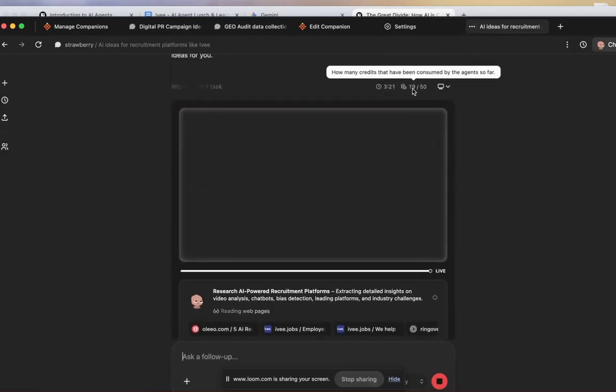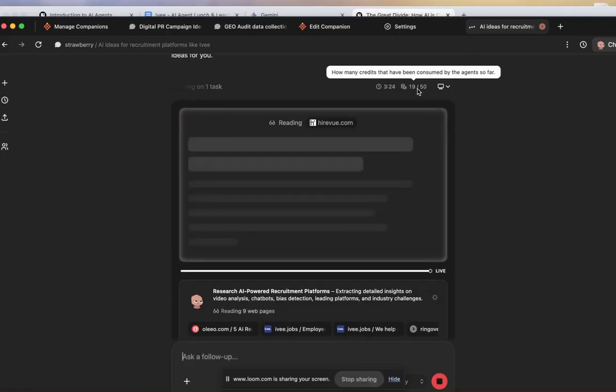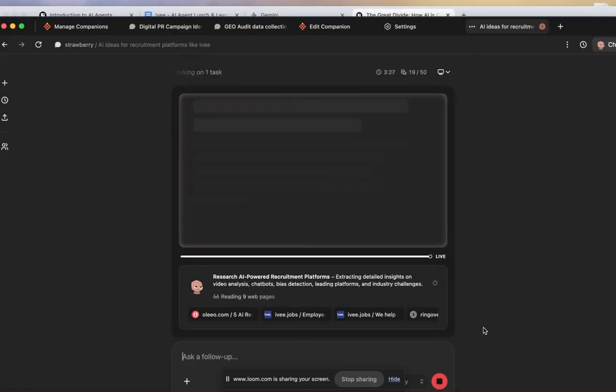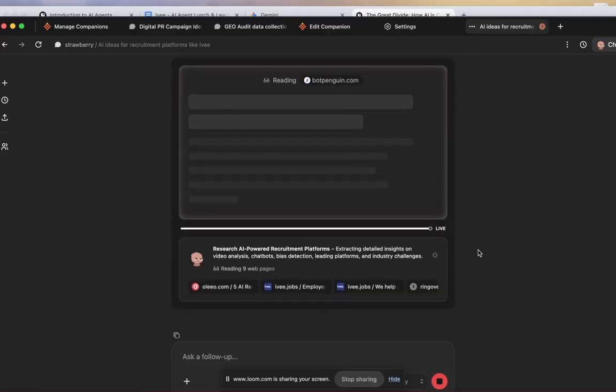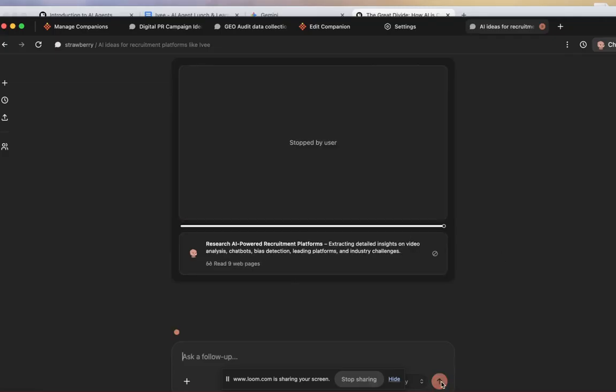Okay, only 19 of 50 of the web pages through, so I don't think we're going to get into that on this call, and I'm going to stop it because I think I'm going to keep on freezing if I don't. But basically, that's an example of how Strawberry Browser works. It's really, really quick and easy to use, and other than connecting up your personal information, you cannot go wrong by just using it. And so I strongly recommend with any of those sorts of services to just get involved. And it's the same with OpenAI's Atlas, or indeed Perplexity's Comet as well. Those sorts of browser-based services enable you to build AI agents within them.